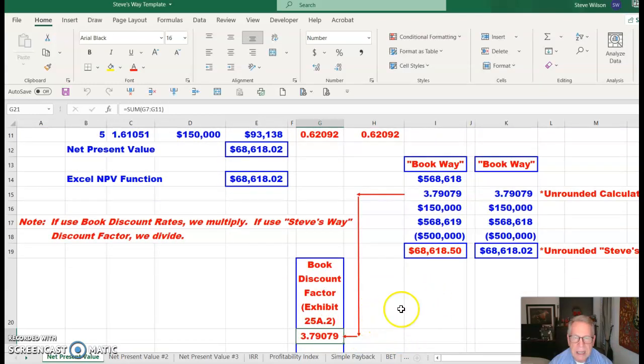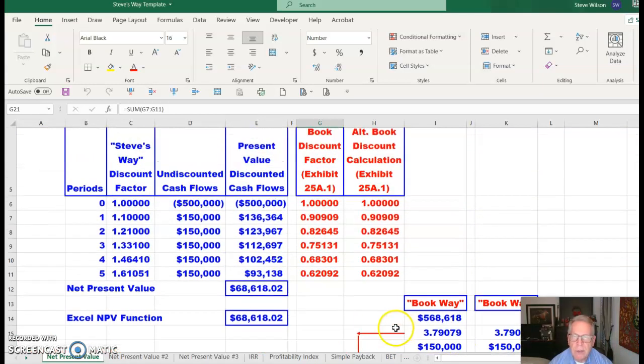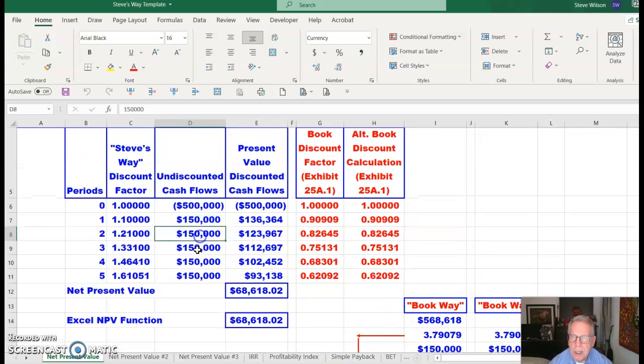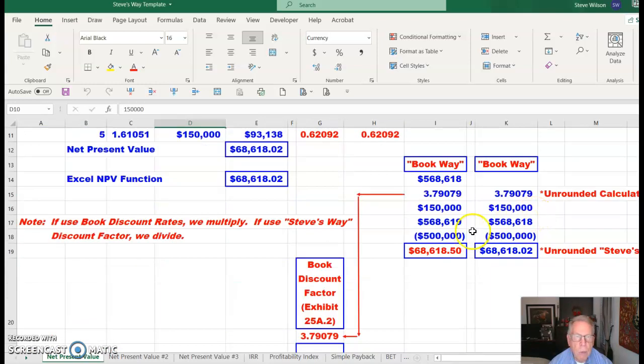And that makes it a little easier to do it when we have the same annuity each period. So what we would do is take this 3.79 and multiply that times $150,000. And that is going to give me $568,619. And I subtract the 500,000 to get